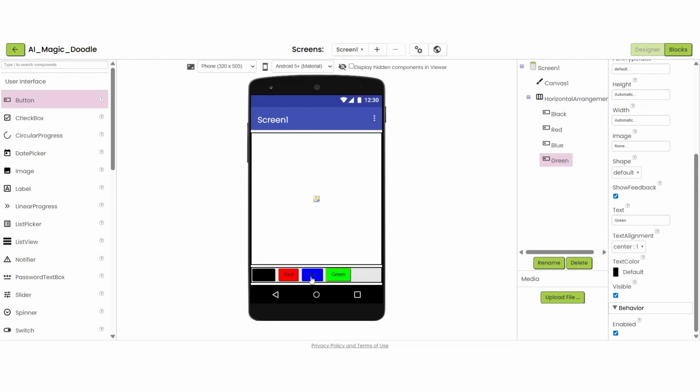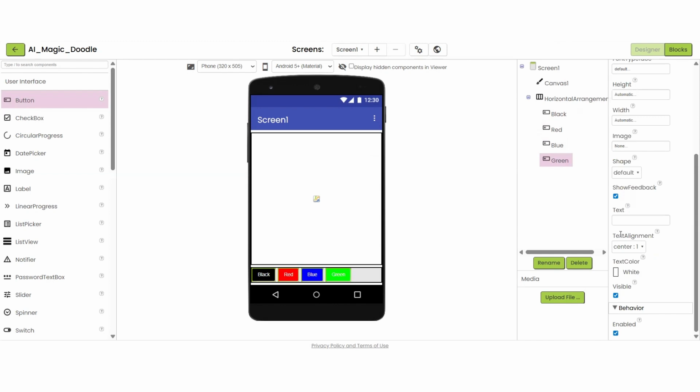Okay. Now, if you notice, the text we have written on the buttons is visible in a few and not visible in others. So you can make changes. You can select all 4 buttons. After selecting them, you can set the text color to a color which is visible in all of them. I'll be taking white here.